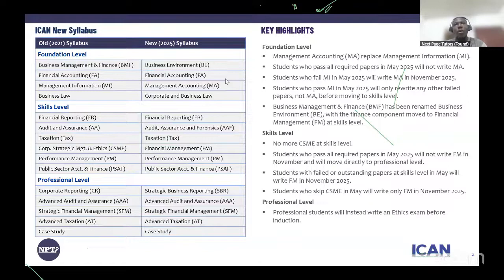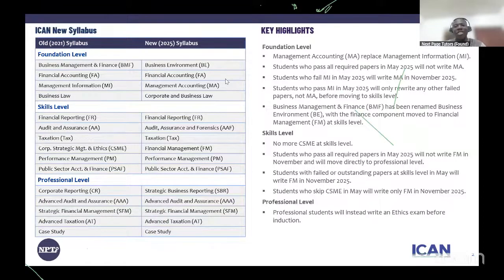While some other content remained, they added a few other topics, for us to then have business environment. For financial accounting, we are not expecting more changes; it remains the same, except for a few other topics that ICAN has introduced. I think this applies to almost all the topics, courses like virtual accounting and technology, emerging trends. They want you to be aware of what is going on.